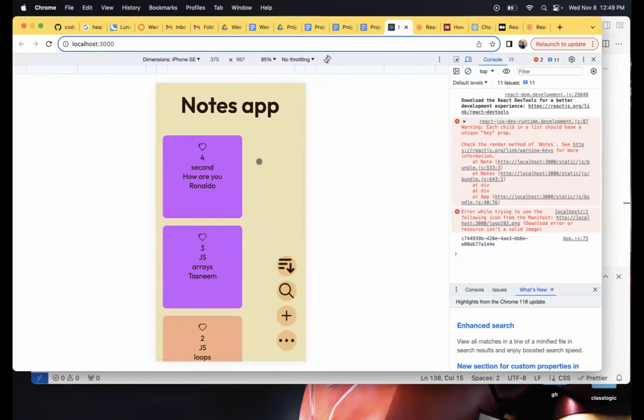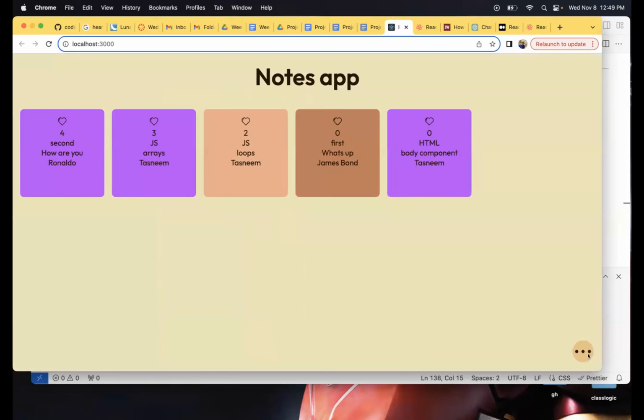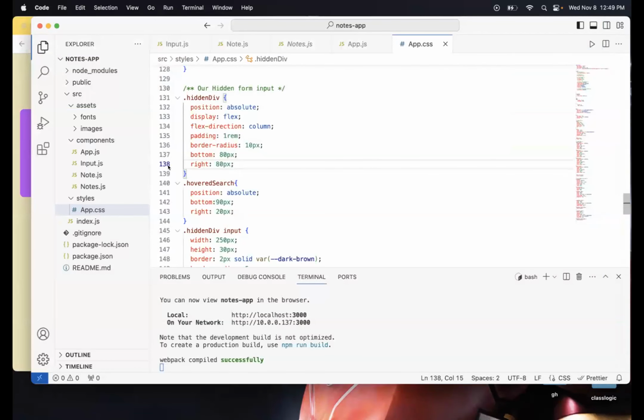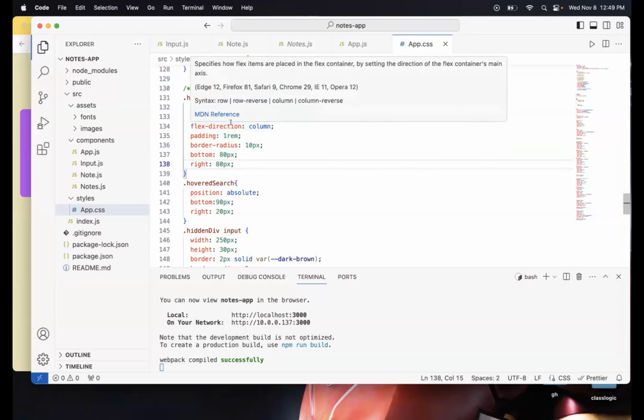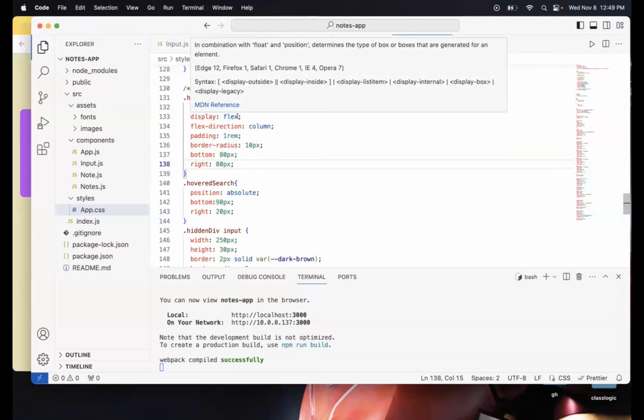Maybe this is something we'll take a look into later to fix the position of this whole div. Wonder.